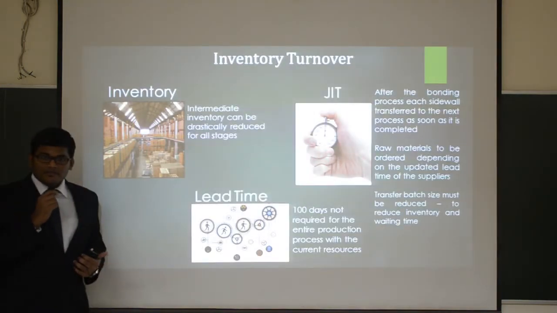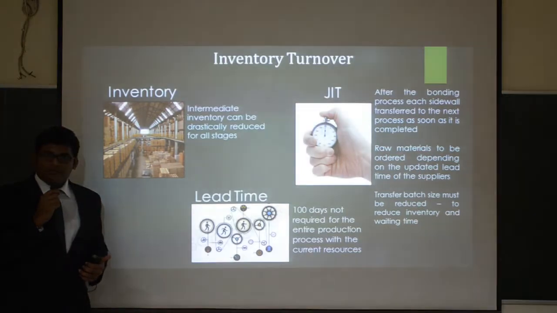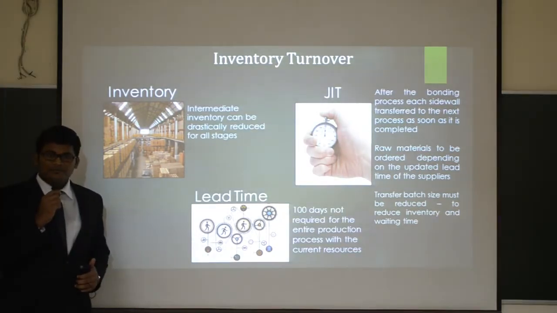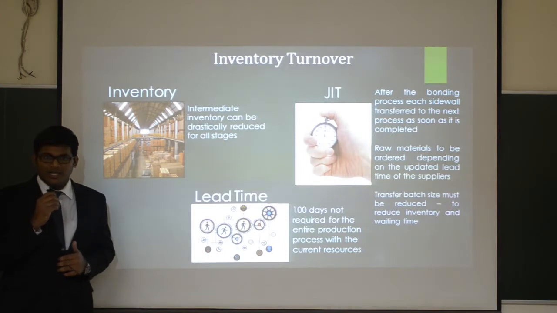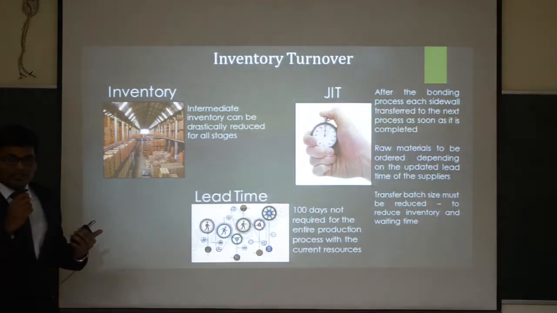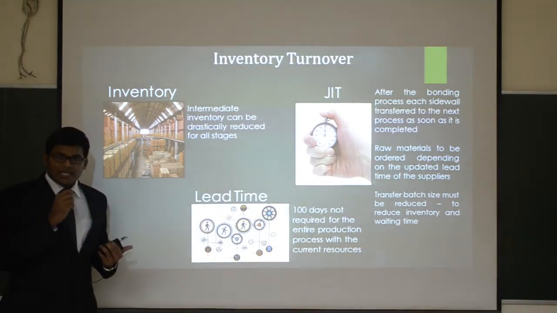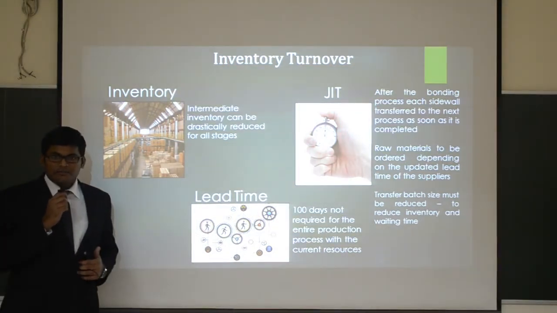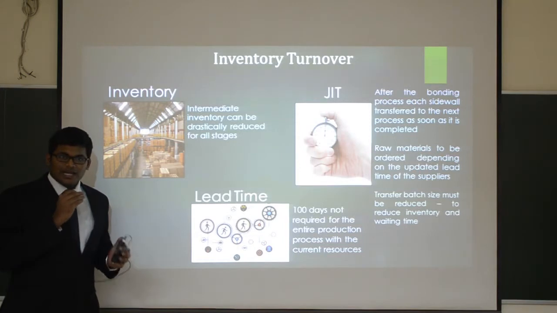The main objective of the division was to double the inventory turns. That means to reduce the inventory by half. So we have followed a three-pronged approach for this. The inventory must be reduced drastically across all processes. So for this we have to track the work in progress inventory properly.